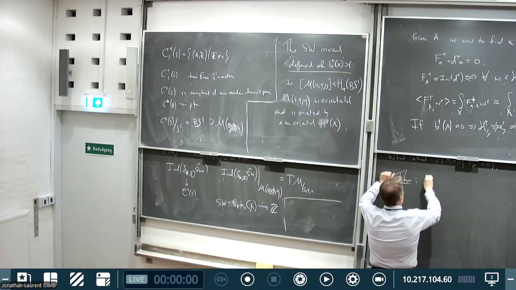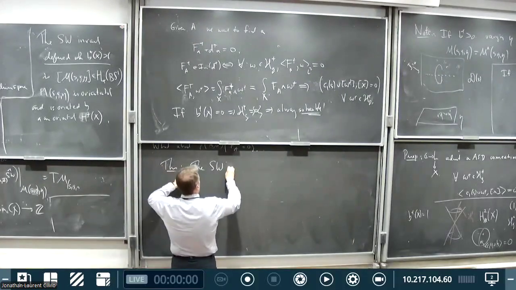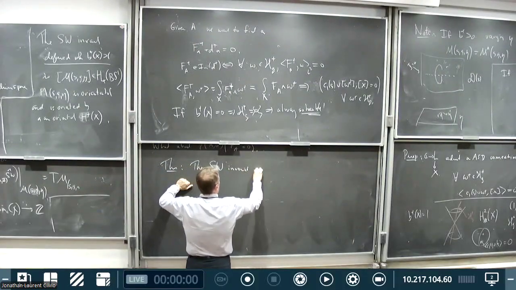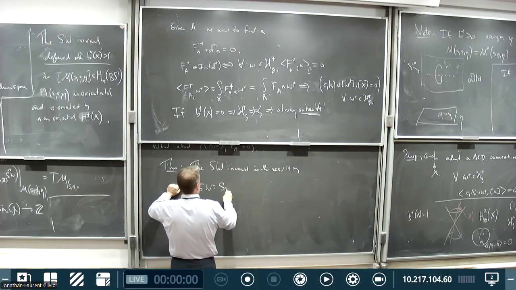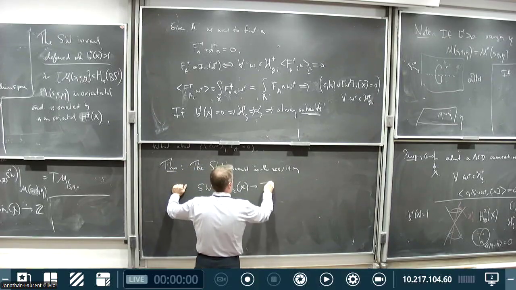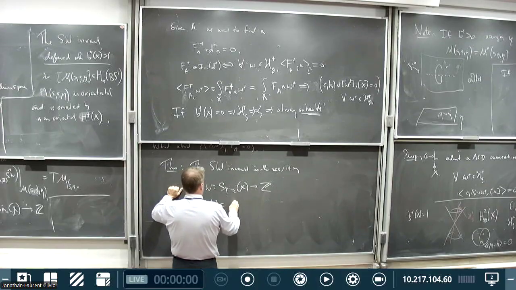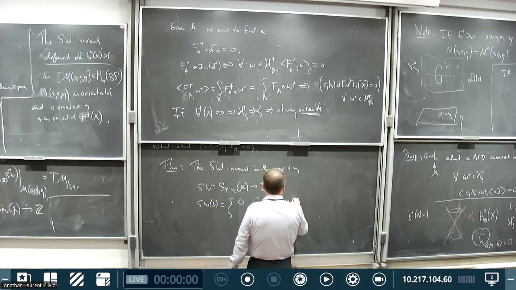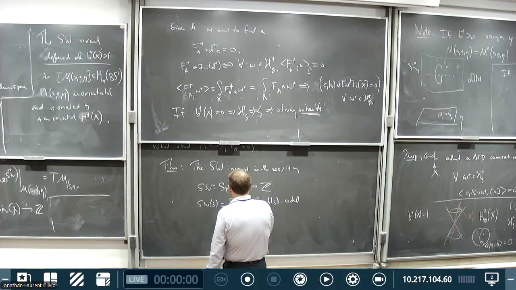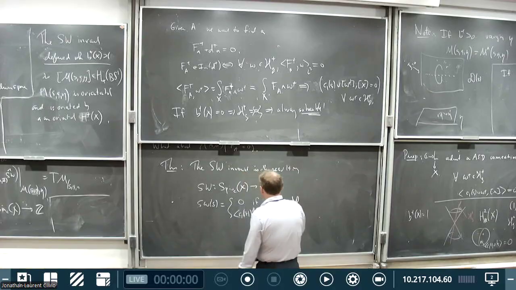So the invariant is resulting. I'll tell you on spin C structures on X, the integer SW of S is equal to 0 if d of S is odd, and it's equal to c1 plus the hyperplane bundle to the d over two, evaluated on the moduli space of X, and eta,